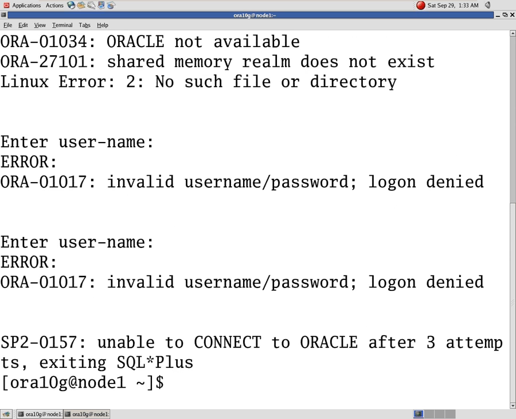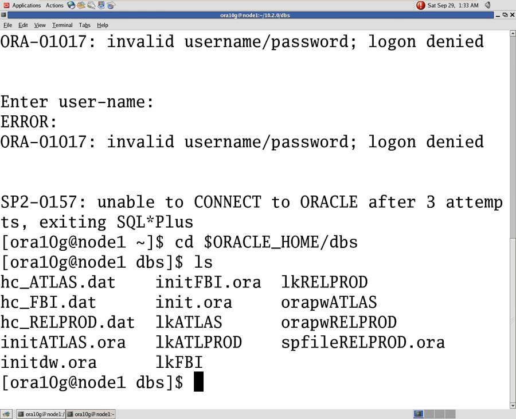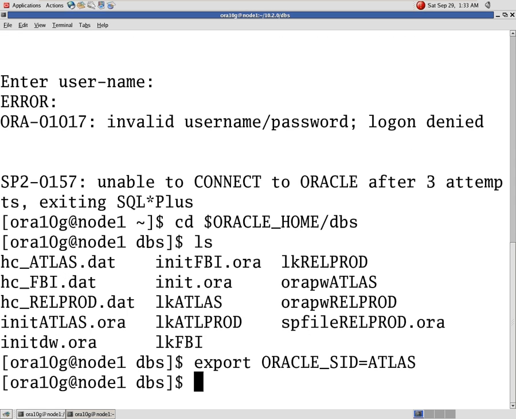Shared memory not available. So what's the username I'm having? cd $ORACLE_HOME/dbs, ATLS in capital letters. Export ATLS.